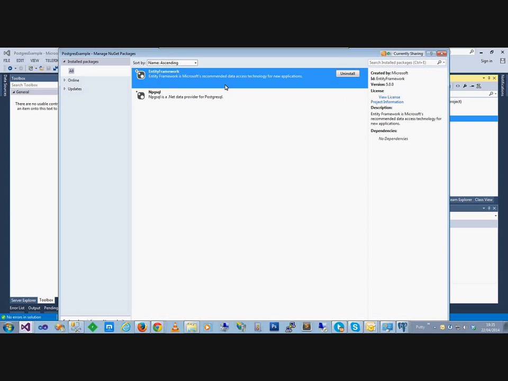Now, the more astute of you out there may notice that I'm using version 5. The reason I'm using version 5 is preparing this demo prior to doing this presentation tonight, I sat fiddling with the latest release of Entity Framework version 6 and trying to get the Entity Framework and Npgsql bindings installed and working,